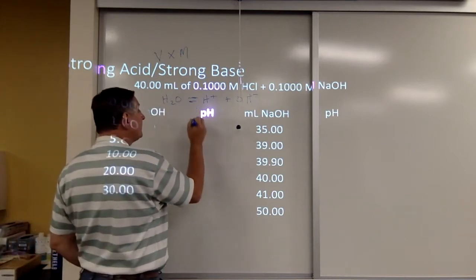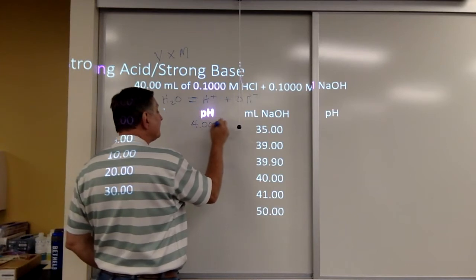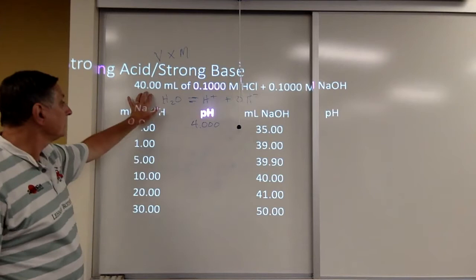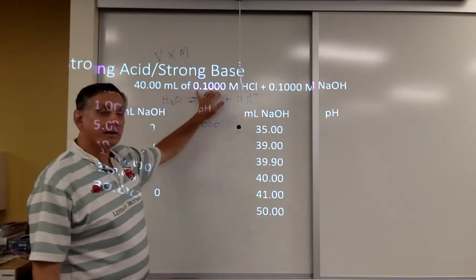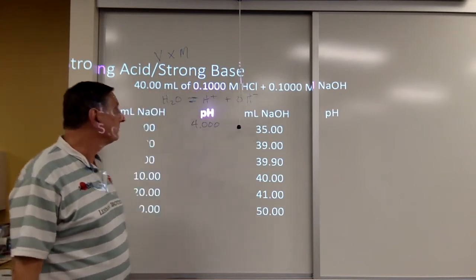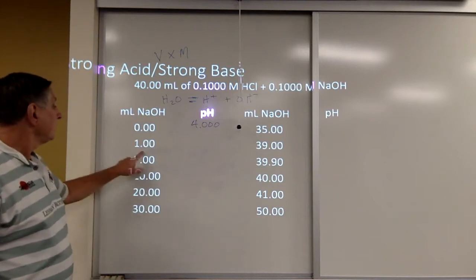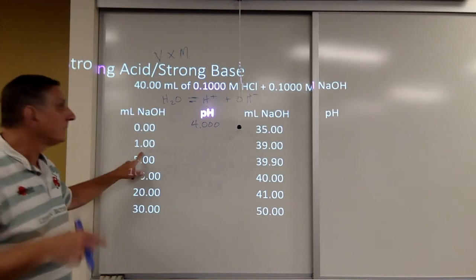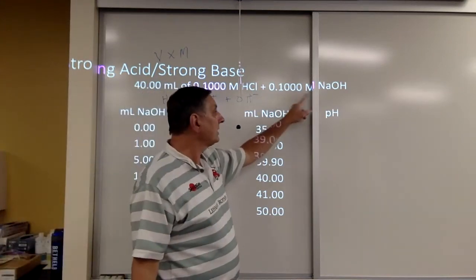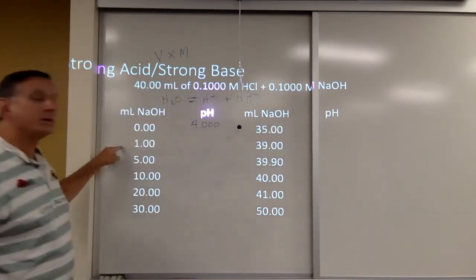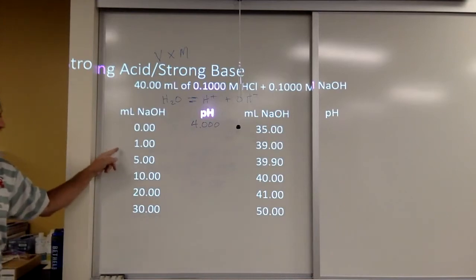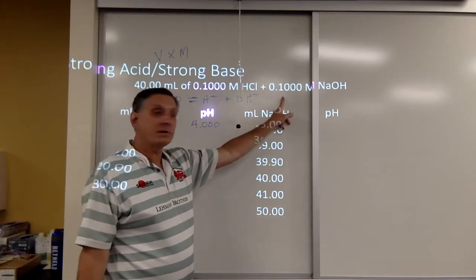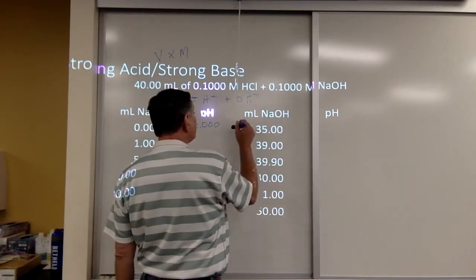40 times 0.1 is 4.00 millimoles of H plus. Volume times molarity for H plus. When we've added 1 milliliter of 0.1 molar NaOH, how many millimoles of hydroxide have we added? 1 milliliter times 0.1 molar is 0.1